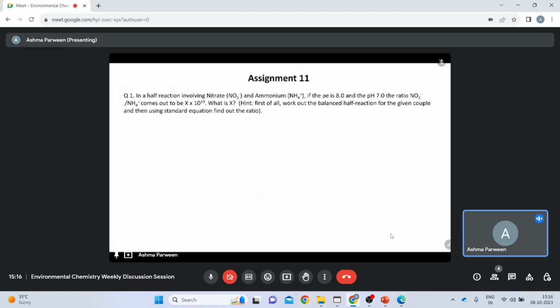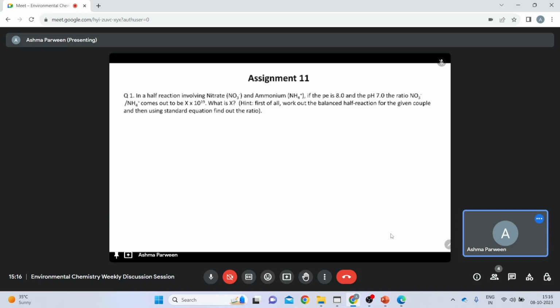So the first question is, in a half reaction involving nitrate and ammonium, if the PE is 8 and pH is 7, the ratio nitrate to ammonium comes out to be this. What is X? And a hint is given that we have to first work out with the balanced half reaction. We have to balance the nitrate to ammonia reaction, and then we have to start using equation for finding out